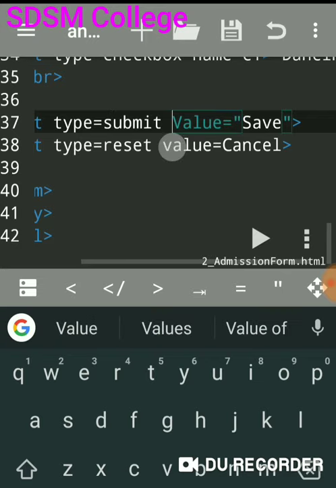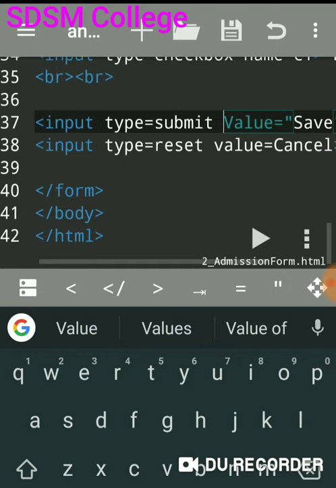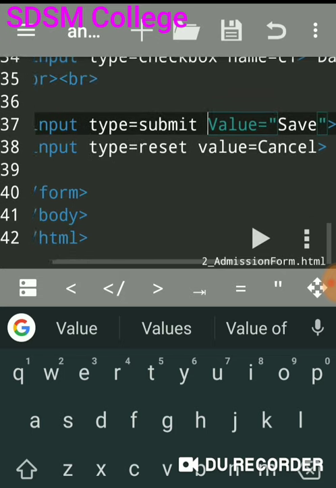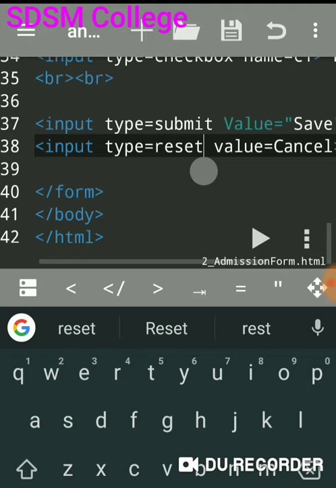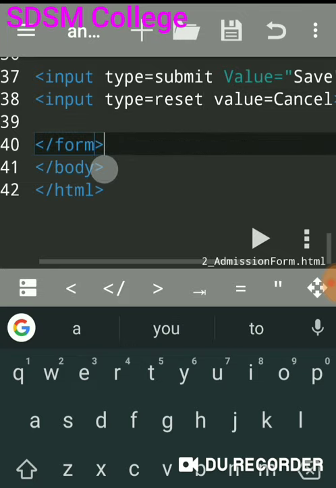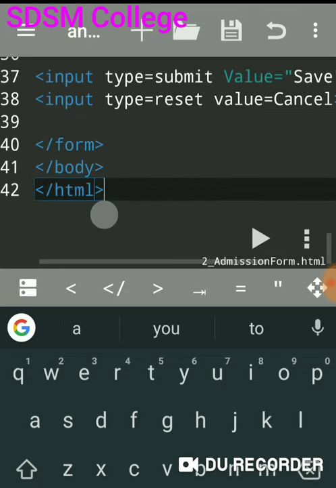So on that submit button it will display the text save. Next, input type is equal to reset and value is equal to cancel. So it will add one more button, that is the reset button, and on that reset button it will display the value cancel. Then close form, close body, and close HTML.